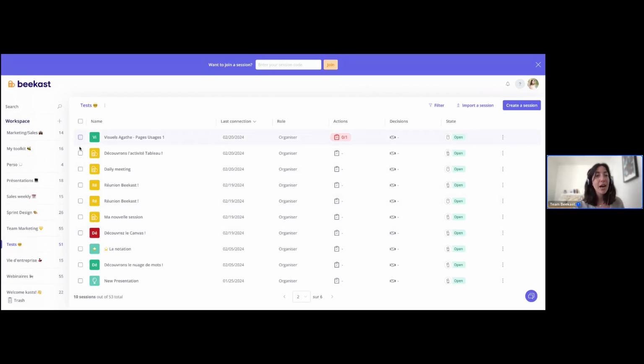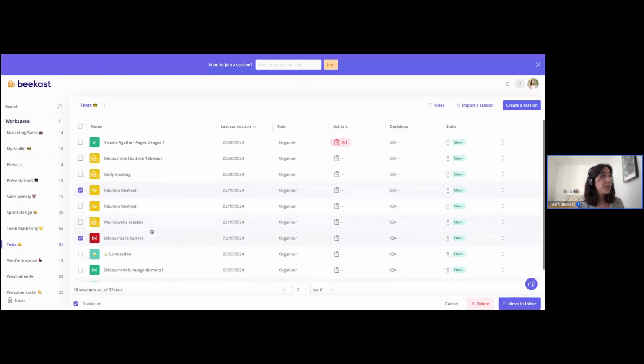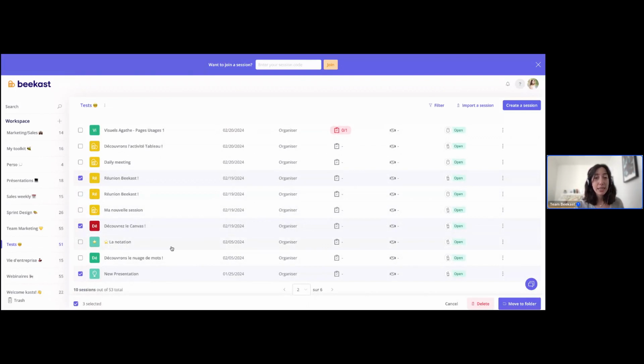So here now, whenever I want to select multiple sessions, I can do this. I can even select all of them in one click by clicking on this box right above here. If I want to select various sessions, I can go ahead and select, for example, 3. And then by selecting these sessions, I immediately have the option to either delete these sessions or move them to